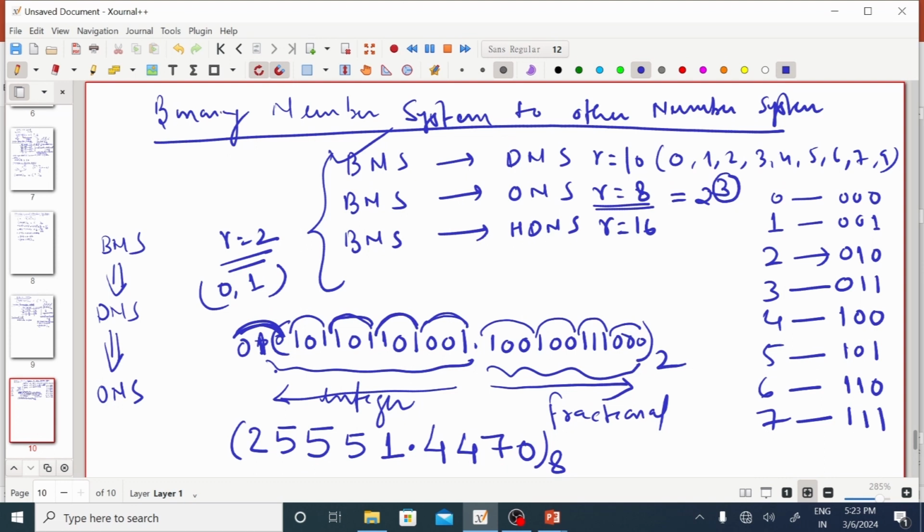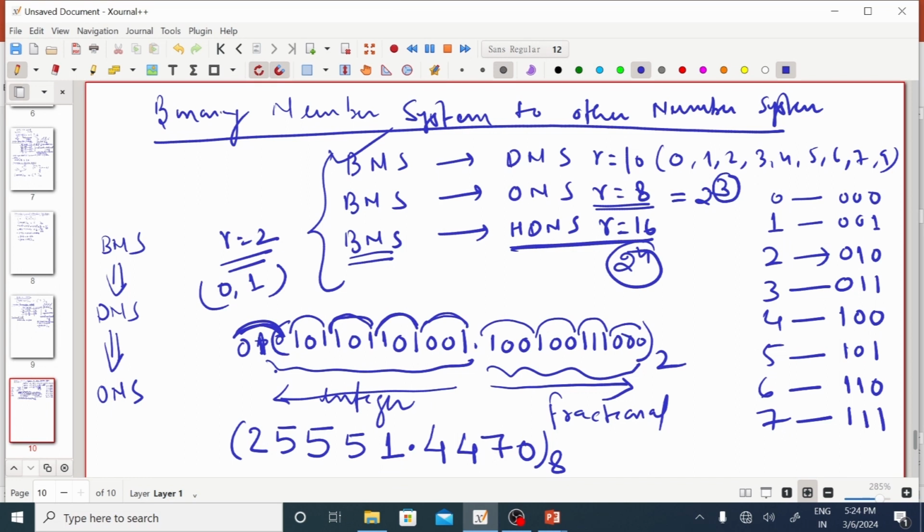So it is a little bit complicated as compared to this direct method of converting binary number system into an octal number system. Similarly, here we know that the binary number system base is 2 and the hexadecimal number base is 16, and 16 is also written as 2 to the power 4. So for a given binary number we make a group of 4 binary bits. In case of the integer portion, the grouping starts from right to left, and in case of the fractional portion, the grouping starts from left to right.